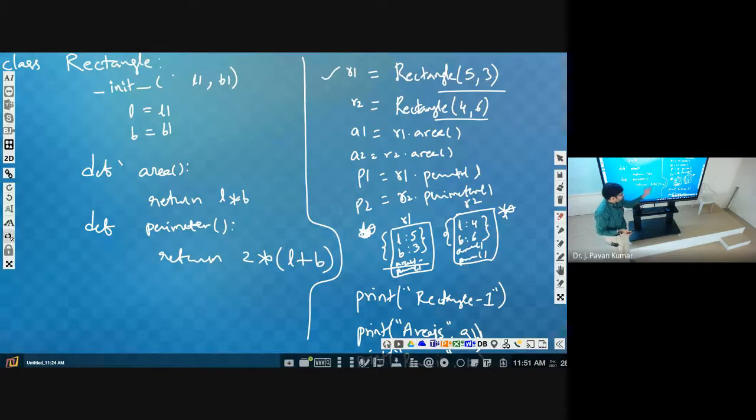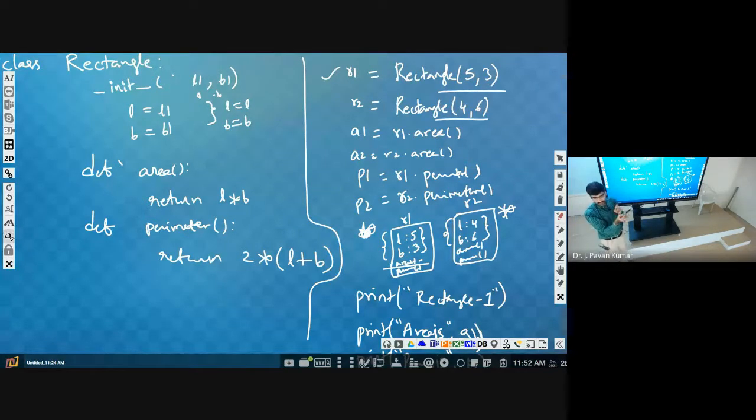Why? Because in the function definitions we have L and B only. Now the question is, L1, B1, L2, B2 we can have, M, N we can have, P, Q we can have, X, Y we can have, like this. Any valid identifiers we can use. Here we can use L and B also, because those are also valid identifiers. But whenever we use L and B, what will be the resultant code here? L is equal to L, B is equal to B. Does it make any sense?